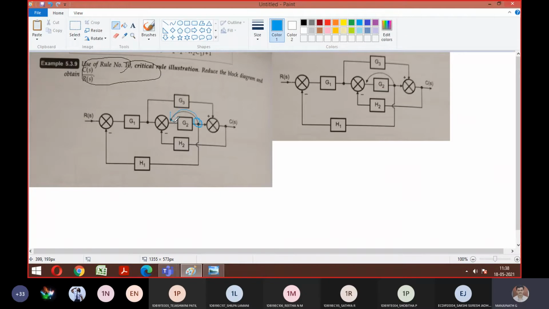What does the rule say? What should you do? G2 cascade with H1, sir. Good. You can see the connection is here. It is not a direct connection; it's a jump, I think, right? I hope you know the meaning of a jump. There is no connection to H2; H1 is connected straight here. If I make any change from this back end, this G2 has to be multiplied with your H1.